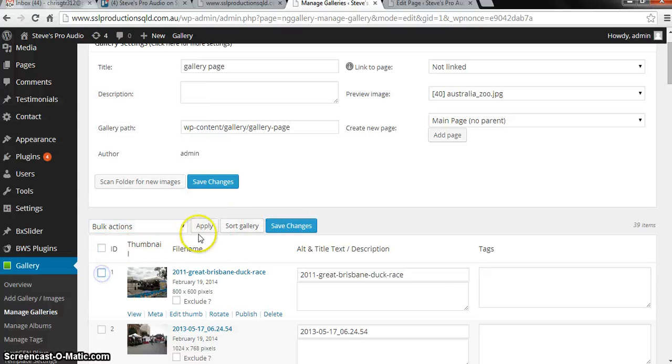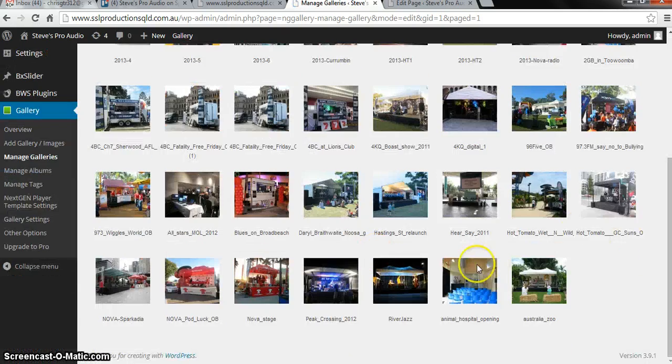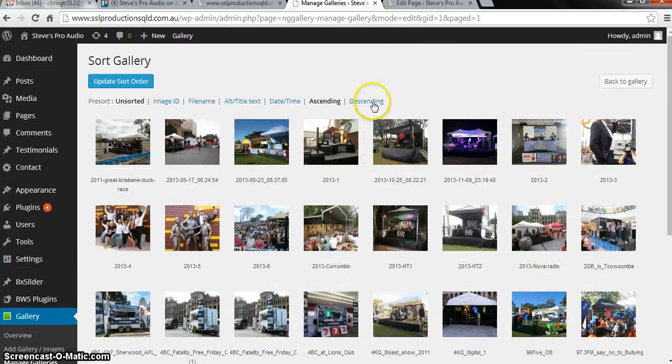Let's say for example we will be sorting the gallery. Click the sort. This is the sorting page. What you do is just drag the image you want.